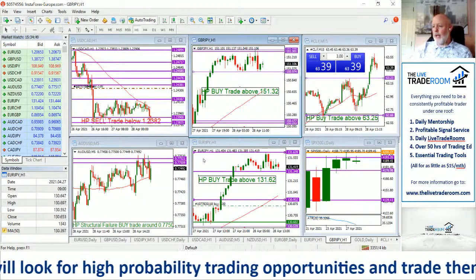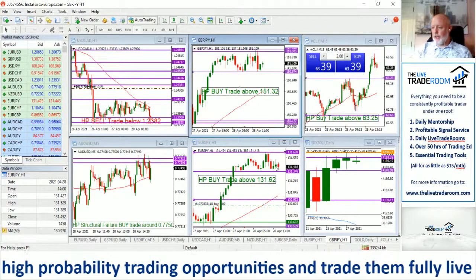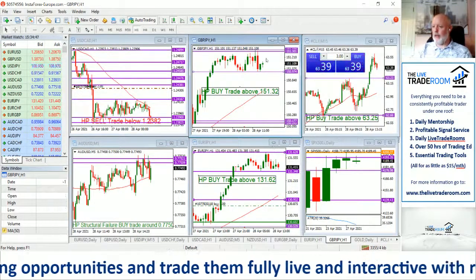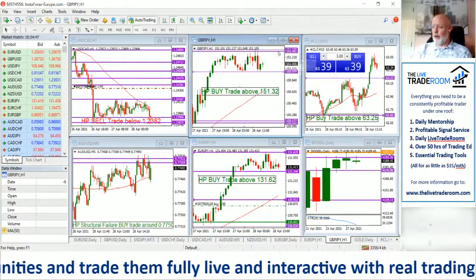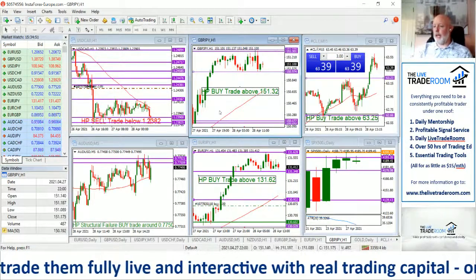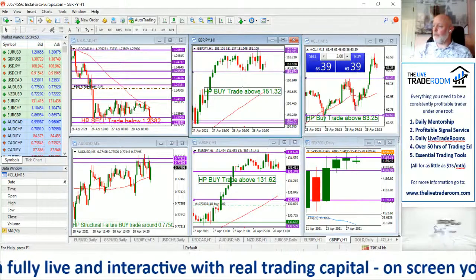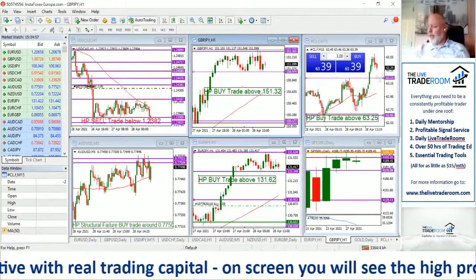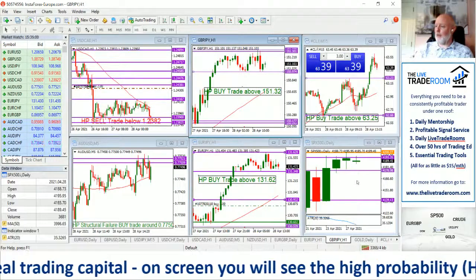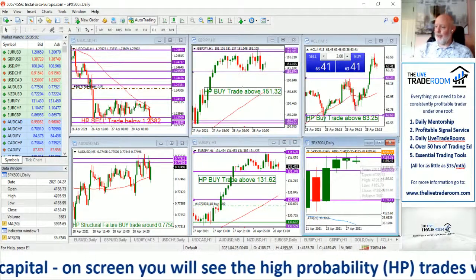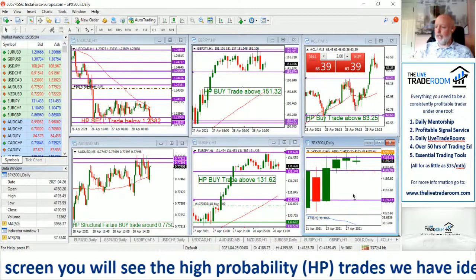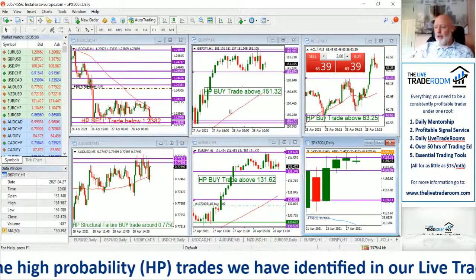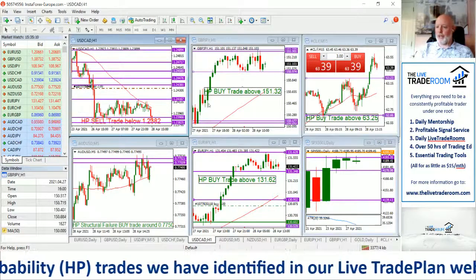The pound yen and the euro yen are in the same position. We're drifting sideways. So it's that breakout above the 131.62 for the euro yen and the 151.32 for the pound yen. Crude oil, if we get a pullback to 63.23, could be a decent buying opportunity around that level. And we're probably not going to see an awful lot more from the US indices markets today. And as a result, we may not see much movement across the dollar pairs and the yen pairs.